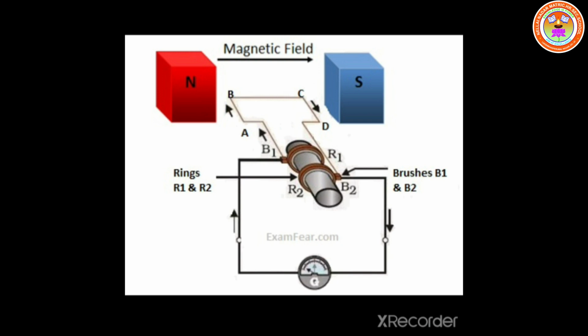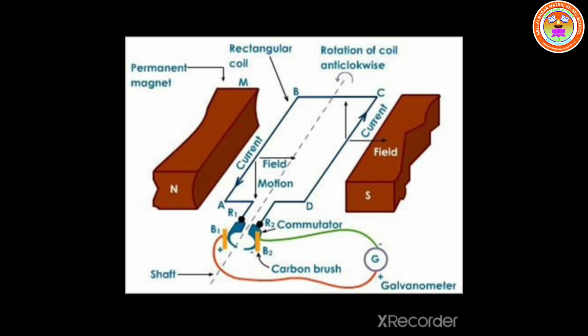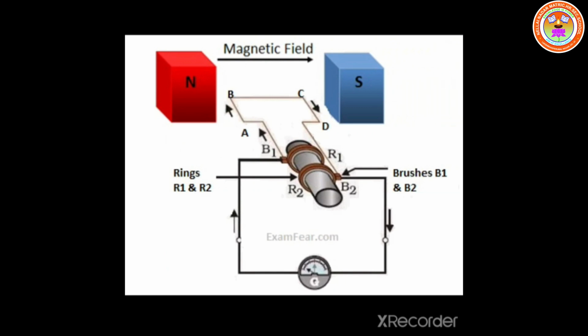It consists of a rotating rectangular coil, ABCD, called the armature, which is placed between the two poles of the magnet. The poles of the magnet are represented here by N and S. N stands for North Pole and S stands for South Pole. The two ends of this coil are connected to two slip rings. Look at the figure here; the two slip rings are shown in the figure.